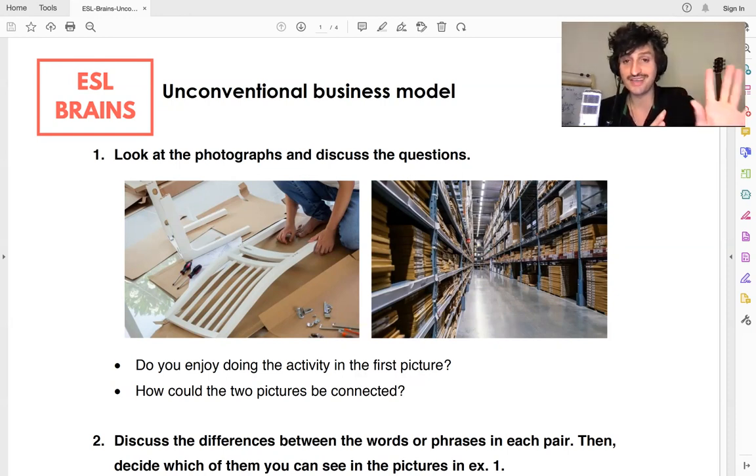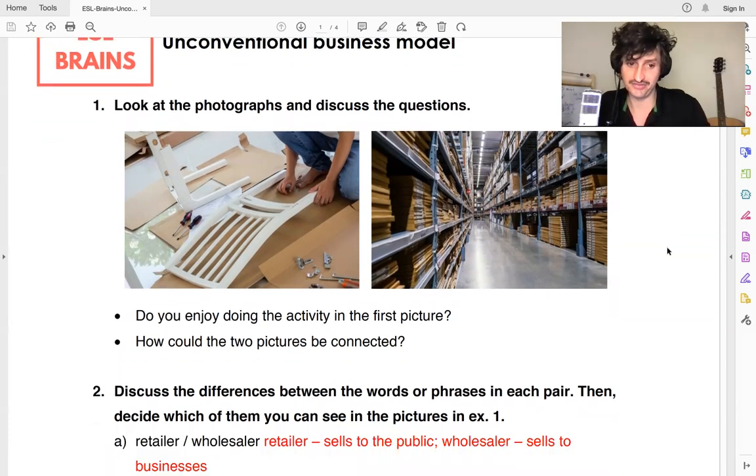So it's a fantastic word. So what business model do you have? What business model are you using? Or what's your business model like? All right, so this one is not going to be a conventional business model. Conventional means normal, so you follow the traditional methods. The opposite of conventional, what is it? It's unconventional. All right. So we're going to talk especially about a specific company that has a very unconventional business model,